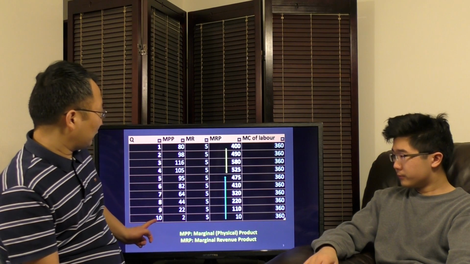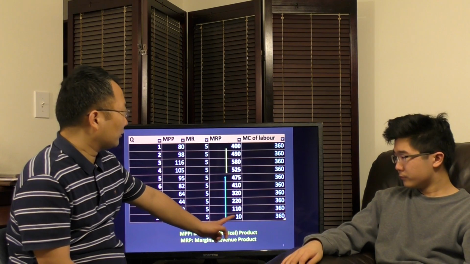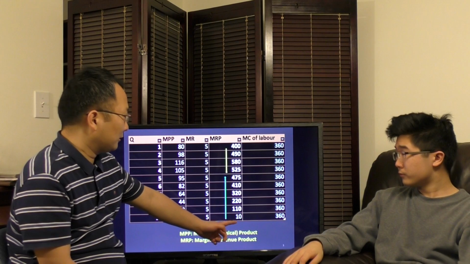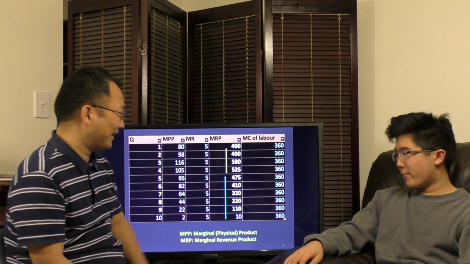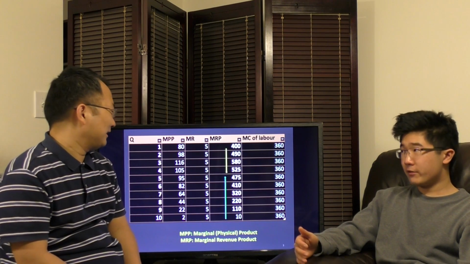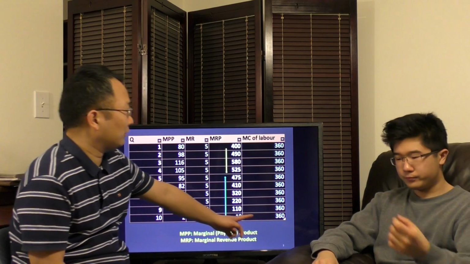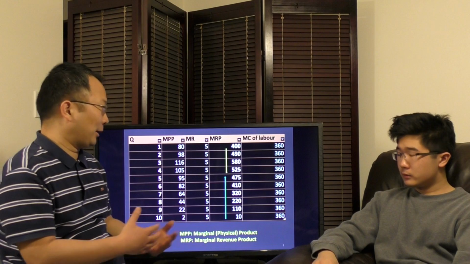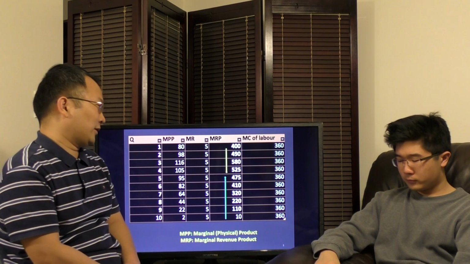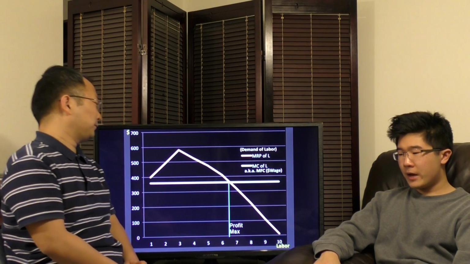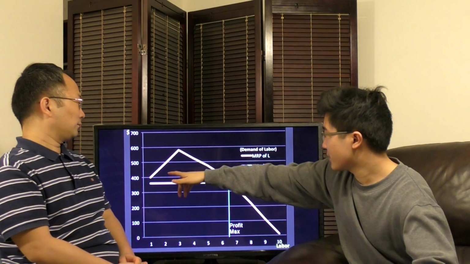And actually, for the 10th new employee, the marginal revenue product is very low. It's only 10, right? But by the 11th employee, it's probably negative at that point. Yeah, but we still have to pay $360 for that new employee. So it's apparently not worth it. And so demand for labor, basically on the graph, we see demand for labor is basically